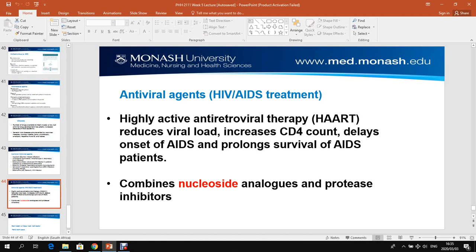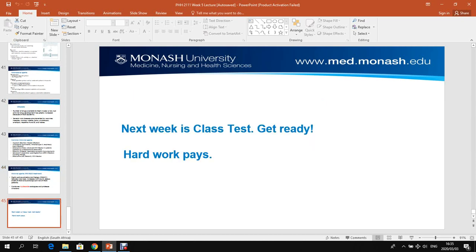Okay. So this HAART can be a combination of what we call nucleoside analogs and protease inhibitors. Remember, proteases are enzymes that degrade certain proteins. So with these protease inhibitors, once administered, they will inactivate proteases. Also, we have nucleoside analogs, which in such a combination will actually improve the livelihood of AIDS patients. Okay, so that brings us to the end of this lecture,